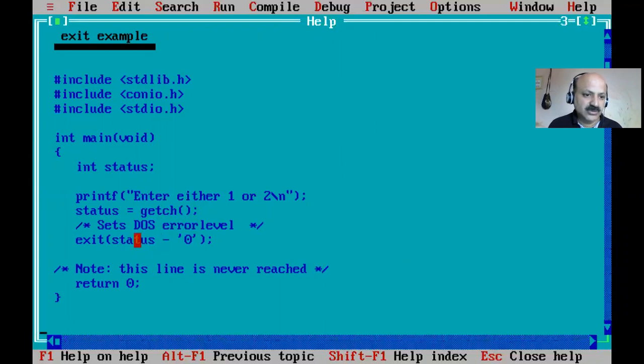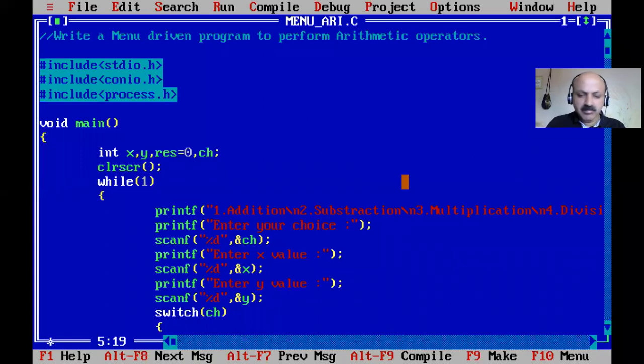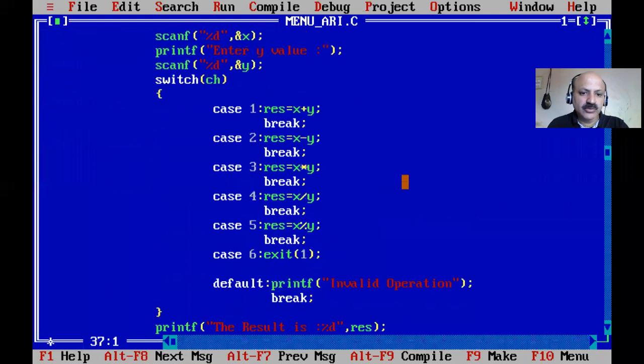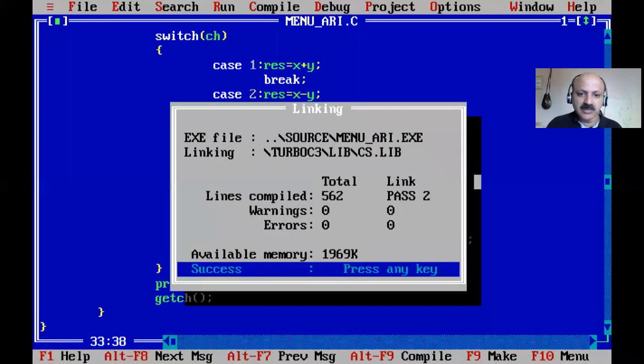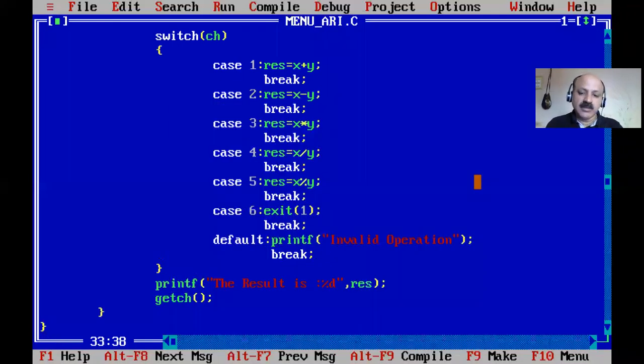So we can directly use the exit function. Just accept and go back to the editor. We use process.h for the exit function, that header file is used to terminate your program. So we can give the sixth choice, which does not require a break keyword in the switch case. Even if you provide it according to the syntax rule, there is no error. I take the break keyword, save and compile, and there is no error, but it is not required.